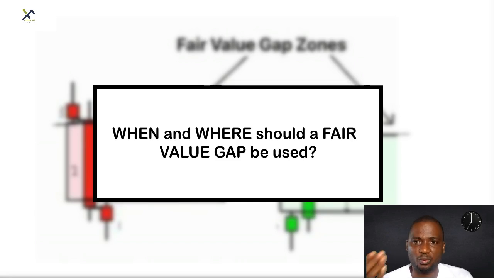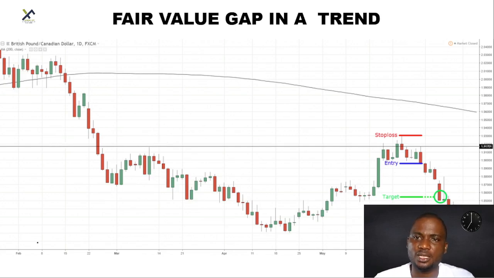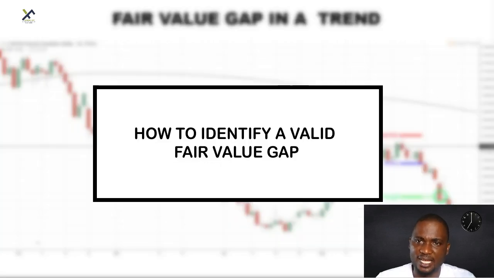When and where should I use the fair value gap? Once there is a strong trend making a series of higher highs and higher lows in a bullish trend, or lower highs and lower lows in a bearish market, a fair value gap should be used. Let's look at the second subtopic, which is how to identify a valid and an invalid